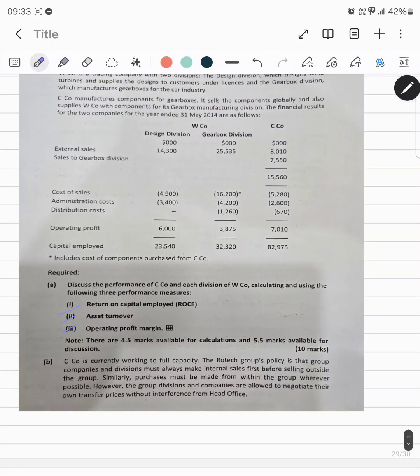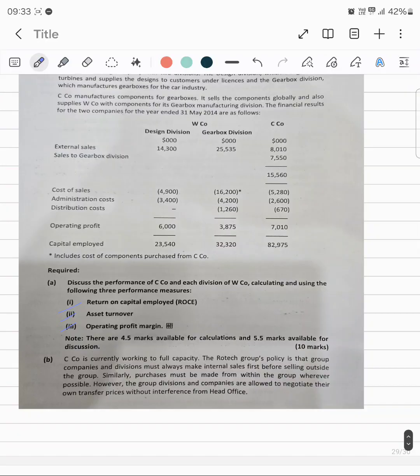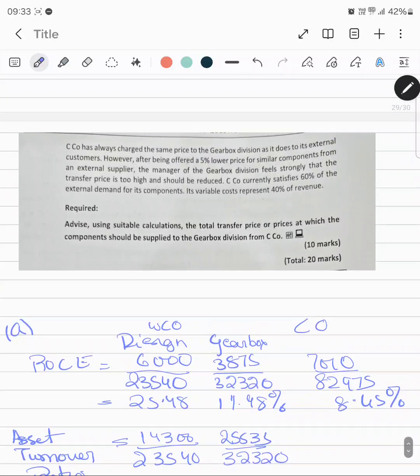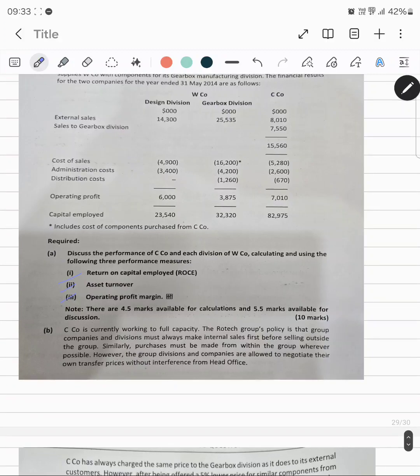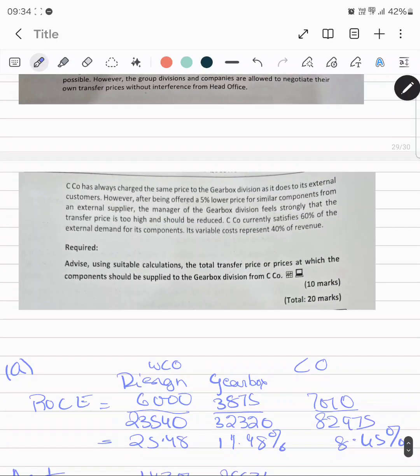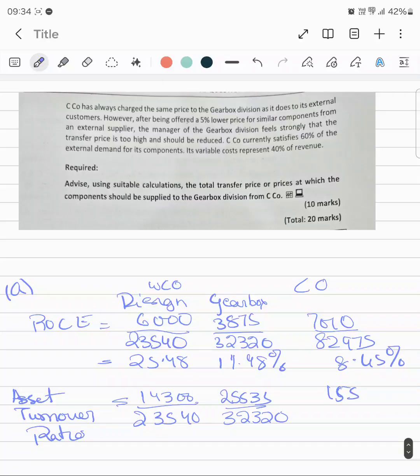For gearbox the sales is 25535, 25535 upon 32320, and sales for C company is 15,560. 15,560 upon 82975. So let us calculate it, this is very simple, not much. 0.61 times,